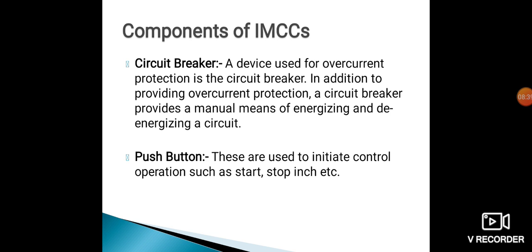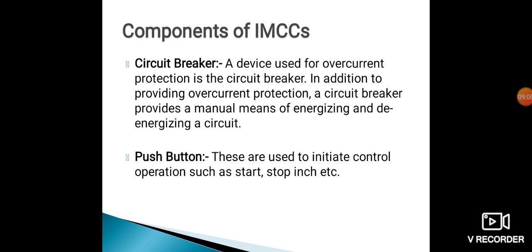One advantage of the circuit breaker is that it allows a circuit to be reactivated quickly after a short circuit or overload is cleared by resetting the breaker. So this device turns on the motor quickly as the fault is cleared.